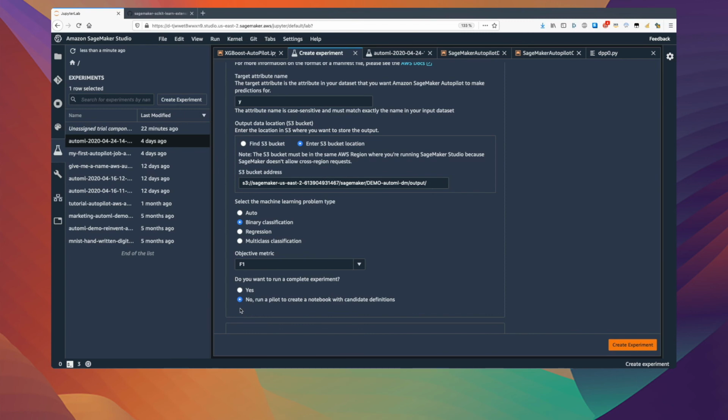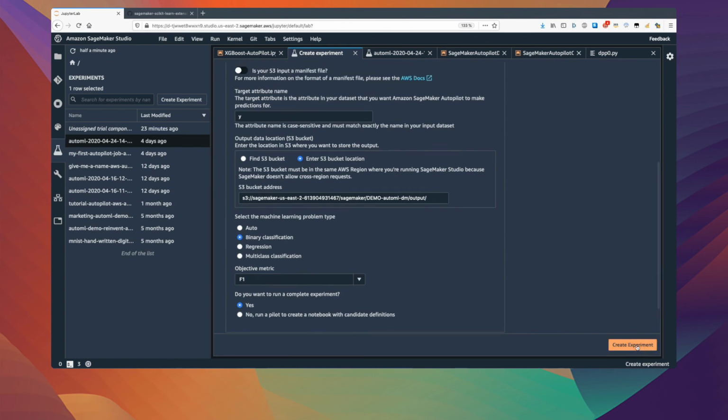So why would you do that? Well, I think you would do that if you wanted to run those pipelines yourself. So you want Autopilot to do the analysis job and build the pipelines, and then you would want to read those pipelines, run them yourselves, keep tweaking them, etc., because you have domain knowledge and you want to have control over that part of the machine learning process. So you could absolutely do that, and then the job would stop once the notebooks have been generated. So let's run the full experiment. Okay, and that's it. We just click on create,